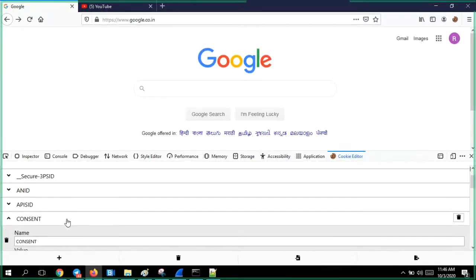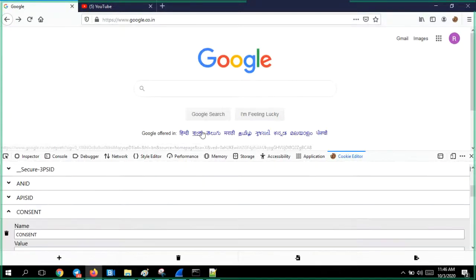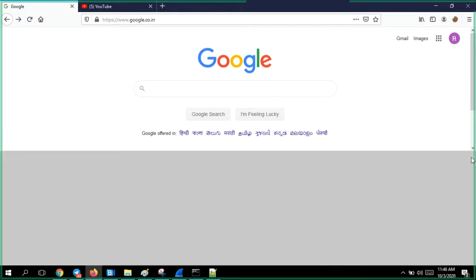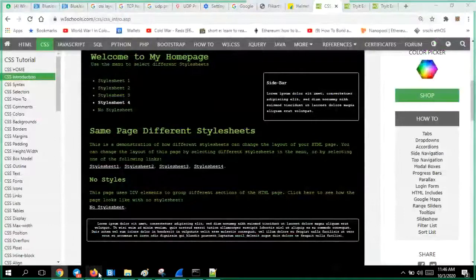These IDs are nothing but cookies, the information which the Google server uses, even without the username or password, when I am going to connect to the Google server.